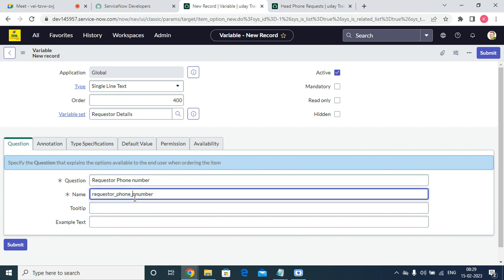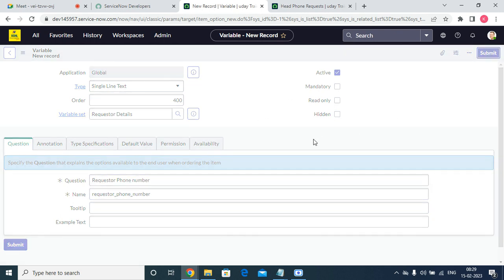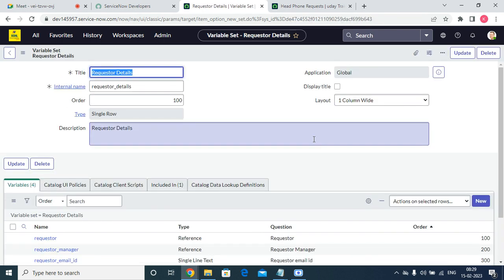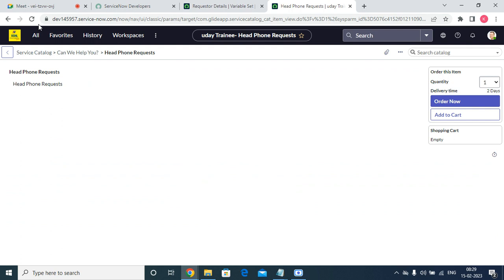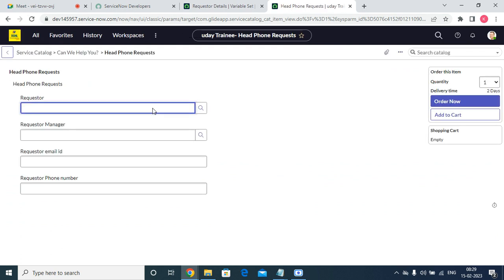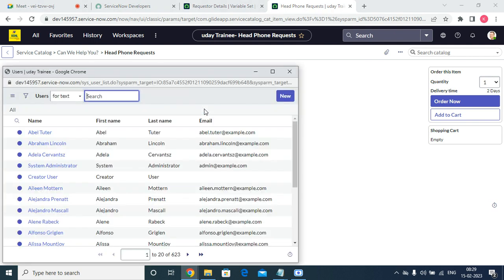The phone number. This is the one we have written, and I'm just going to here. So now what we have done are the four variables. Let's see our form. If I open this form, our form will look like this one. So this is the variables, and here in this variable also what we need to do, and if I open,